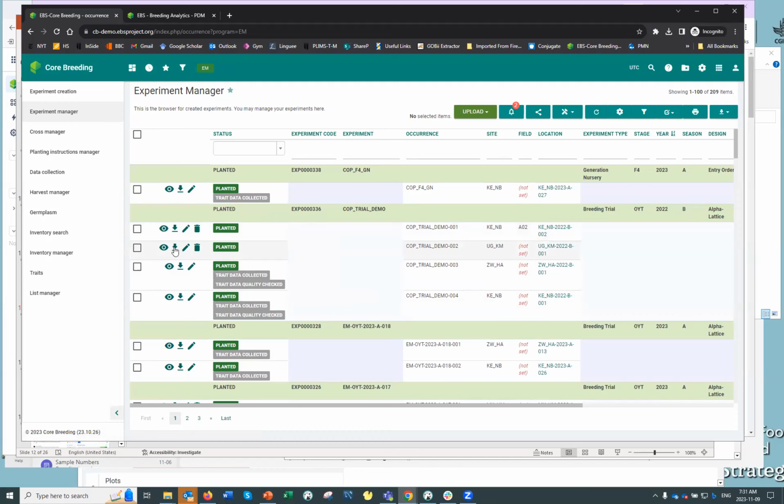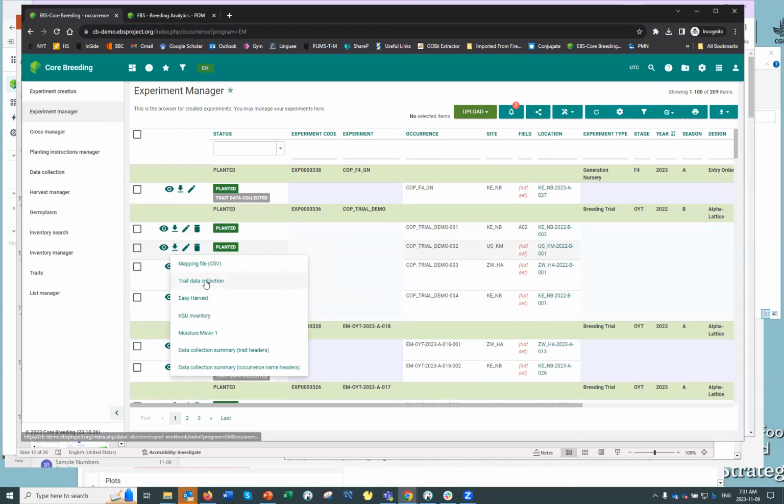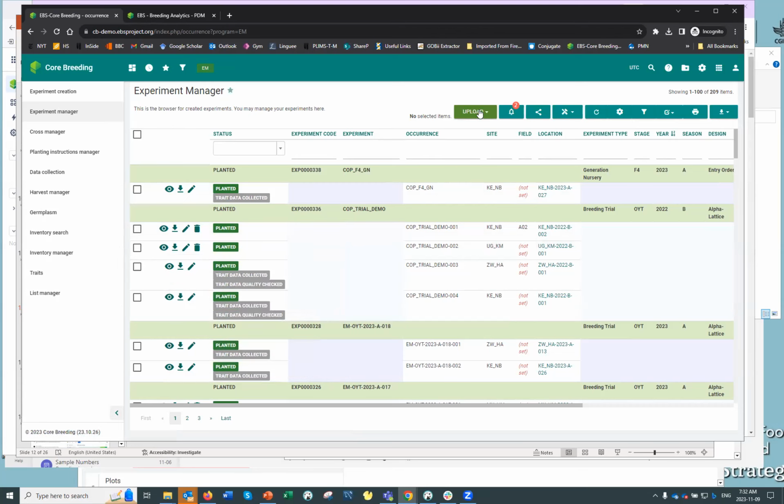And this is also a way that we can interact with the data capture tools. So from Experiment Manager, users can start the process to initiate trait data collection. The EBS works very well with the PhenoApps Fieldbook app that I think many other programs are familiar with, to facilitate electronic capture of data in the field using traits with defined values, valid value ranges, and scale values to support good data quality, although the system can also export files that could be connected to other types of data capture devices as well.